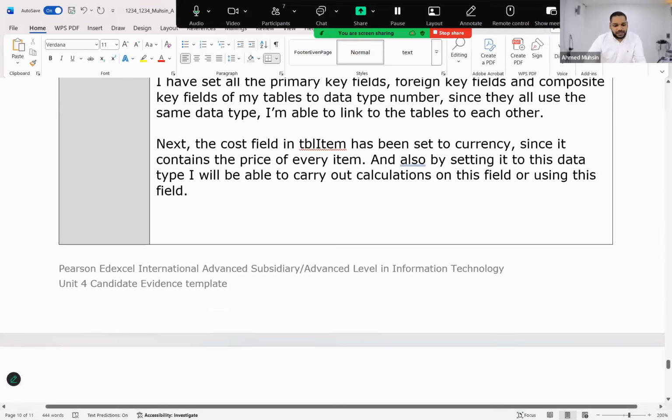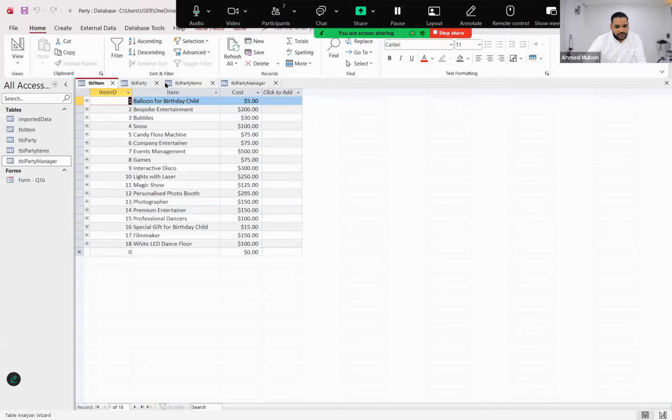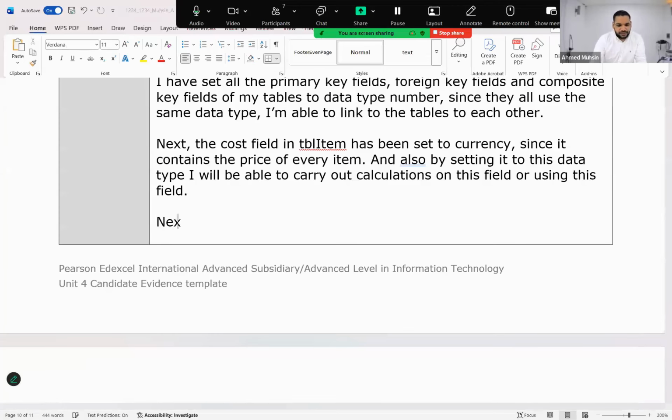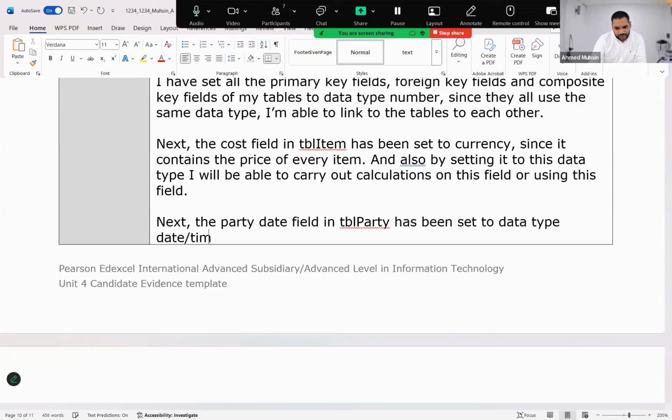Then we can talk about another field. Give me a second. Cost we have covered. Party date we can talk about. The party date field. Next, the party date field in TBL party has been set to data type date/time. This would allow me to carry out